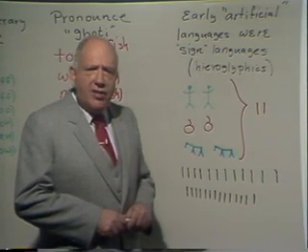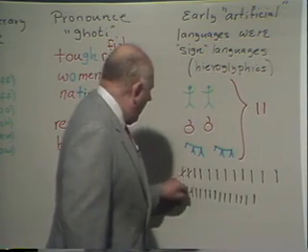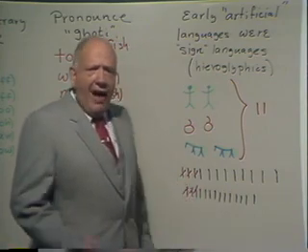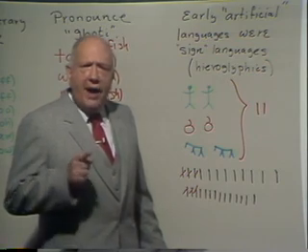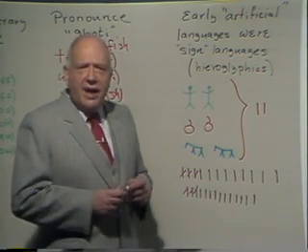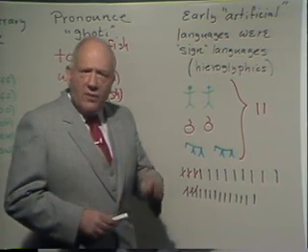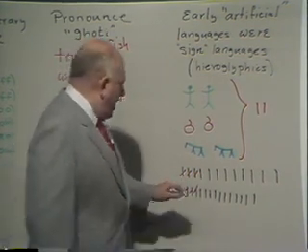You do what little kids do. They say, one for me, one for you. One for me, one for you. And by the way, if this sounds too childish, I'll give you the college-level terminology for this. We make a one-to-one correspondence. Kids are funny that way. You say to a little kid, take half of the candy, he doesn't know what that means. But if you say one for me, one for you, he understands that very well. So we keep on going this way.